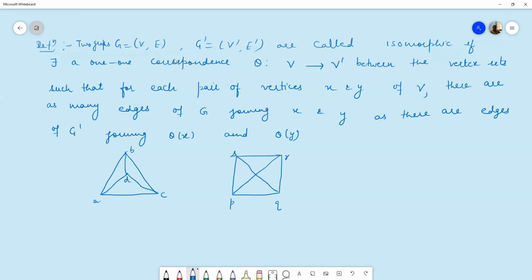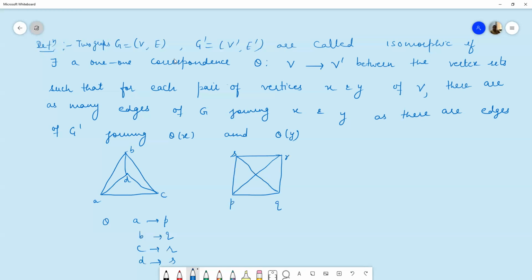Let us take theta, the correspondence from set V to V dash, which maps A to point P, B to Q, C to R, and D to S. Now, if we take this correspondence, then we can see here there is an edge from A to D. So there should be an edge from P to S, and that is this. Similarly, there is an edge from A to C, so there should be an edge from P to R, and that is this. Then there is edge from A to B, so there should be edge from P to Q,